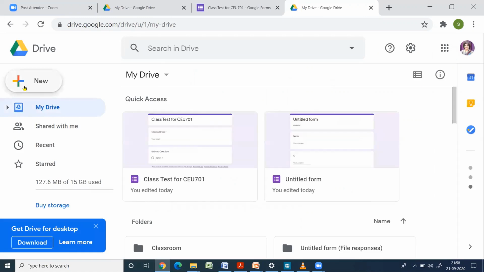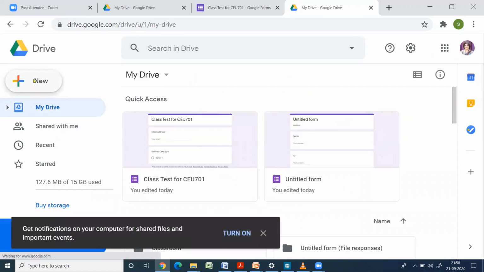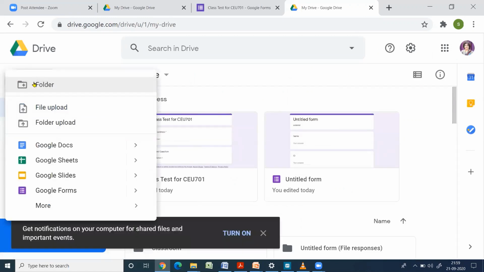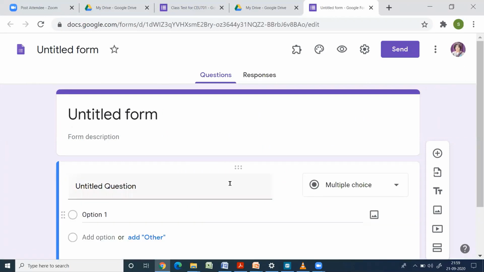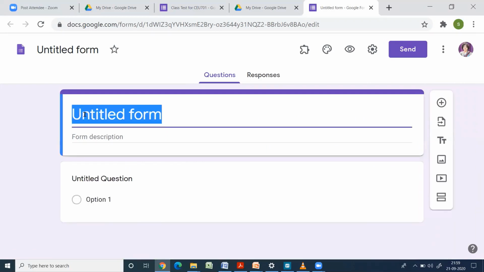and then click on the New button. Then you click on Google Forms. Once you click on Google Forms, this page will appear. So here, first of all, we will write the title for the form. We will write here class test